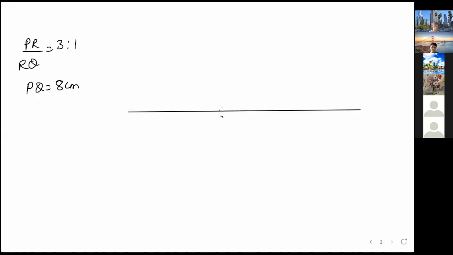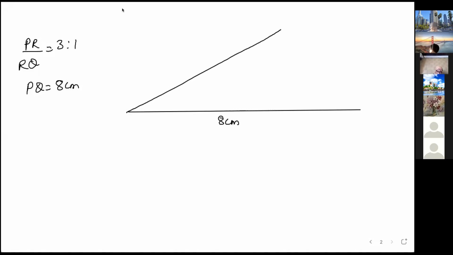This is 8 centimeter. We'll draw one acute angle at P. Then we have to draw how many arcs? 3 plus 1 equal to 4. So from here, cut an equal arc: 1, 2, 3, and 4. From here, first arc, second arc, from here to here, third arc here to here. Don't change the compass, otherwise you will get wrong value. So don't move the compass. Same compass. Division should be there. Then join.